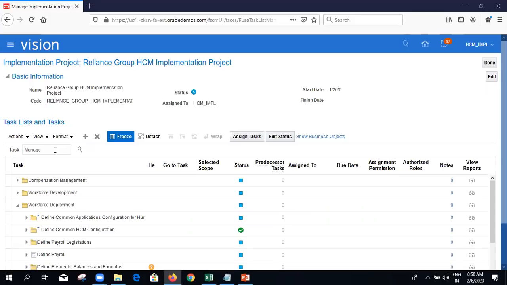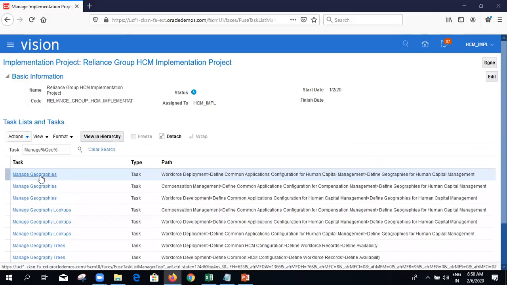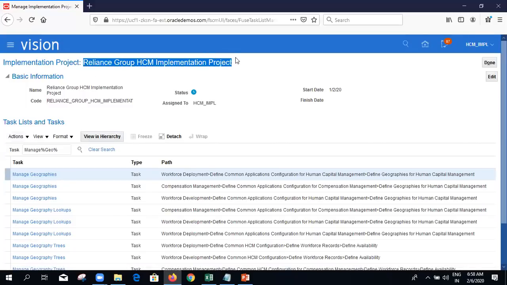Manage %geo%. So here the task for configuring Manage Geographies is coming. There are two other places where we can directly search for the tasks. Not only under your project, there are two other functional areas where we can search for the tasks to start configuring the system.